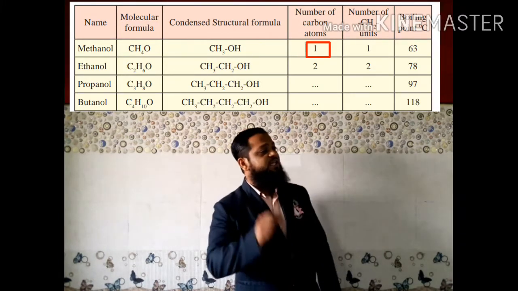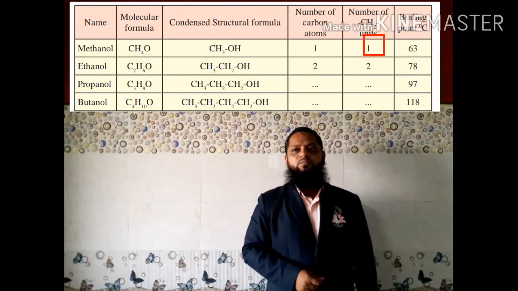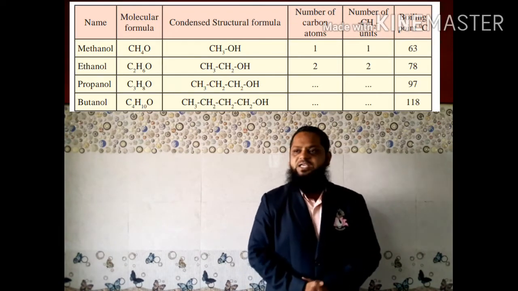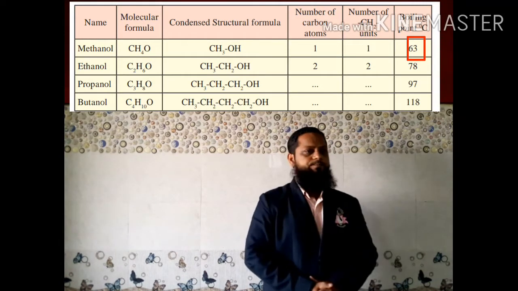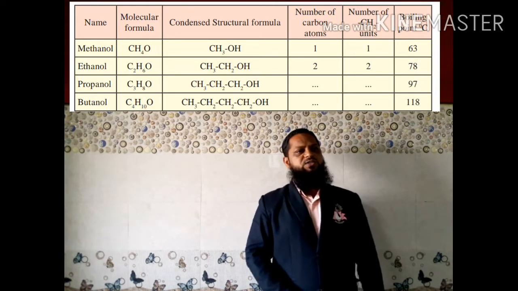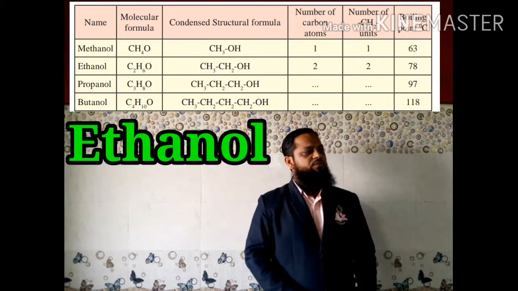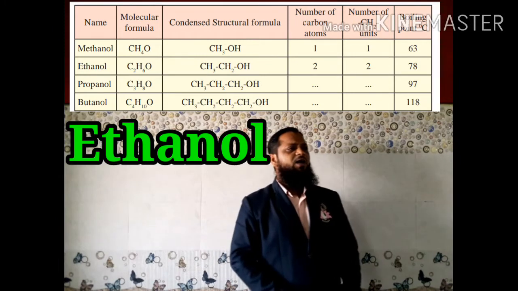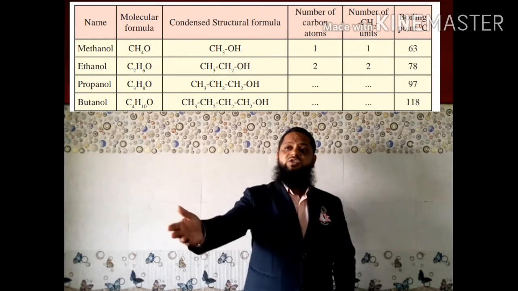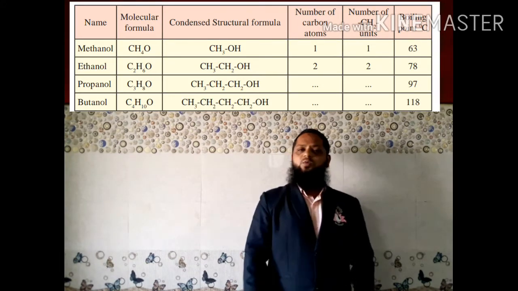Number of CH2 units is found to be 1, and the boiling point of methanol is 63. Second homologous series of alcohol is ethanol. Molecular formula of ethanol is C2H6O. Its condensed structural formula is